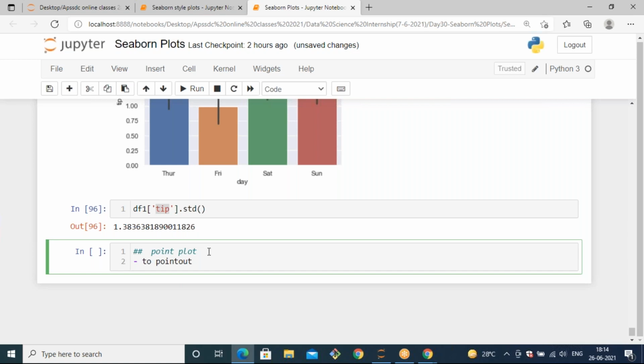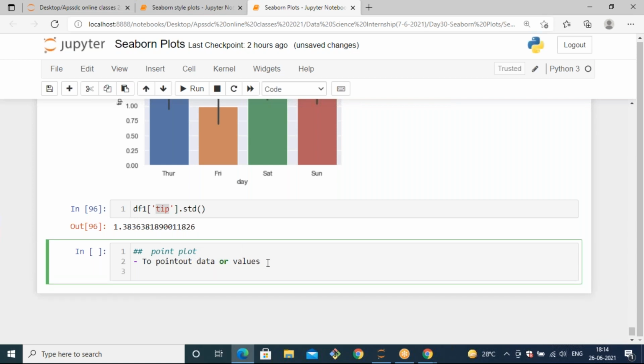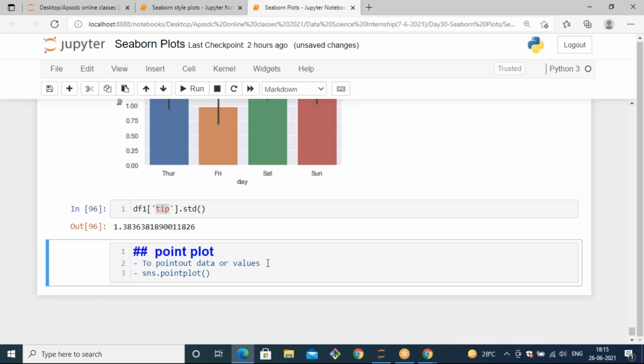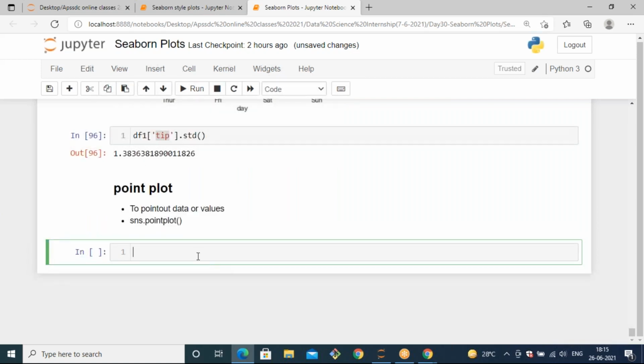To point out data or values, we can use this point plot. To use it, we have a method: sns.pointplot. So, sns.pointplot of